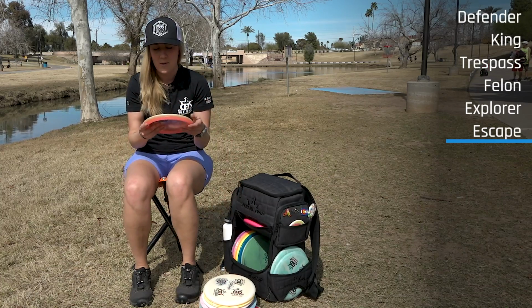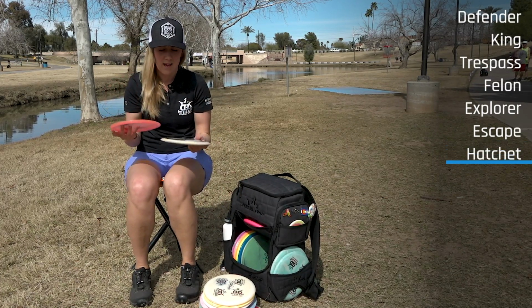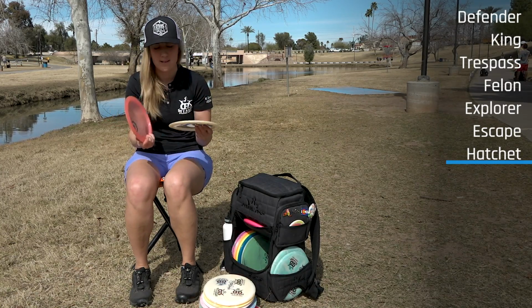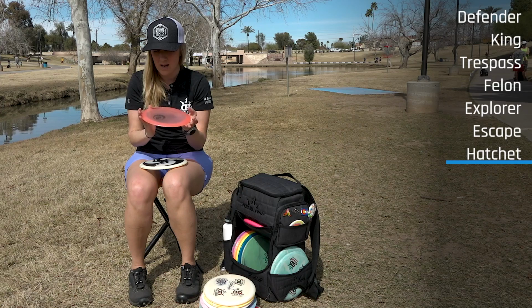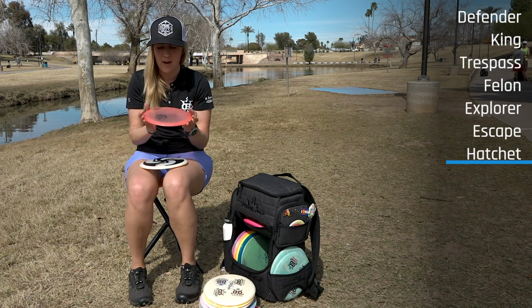And finally, my understable fairway drivers are my Hatchets. I bag 2 of them. They are 174 and 176. This pink one I have had in my bag for over a year, probably even longer than 2 years. I don't even know. It's been in my bag for so long. It's super understable,